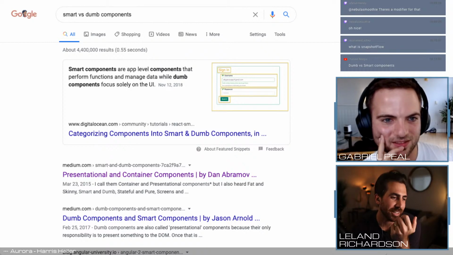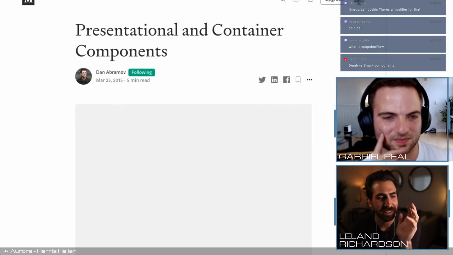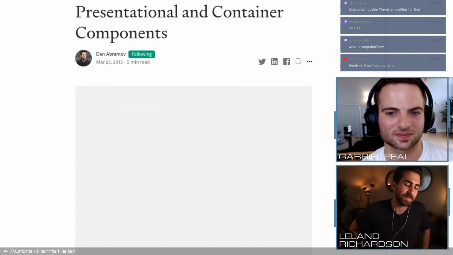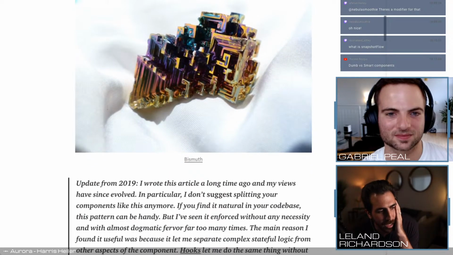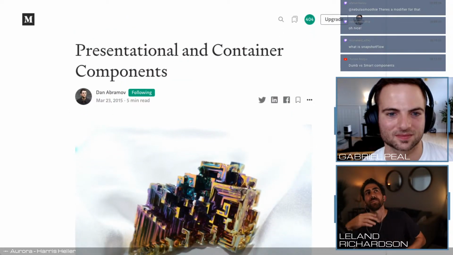Yeah, okay. Actually, I guess he called it presentational and container, but this became the term that people used: smart versus dumb, which he says I think is one of the things he regretted. But before I show this,